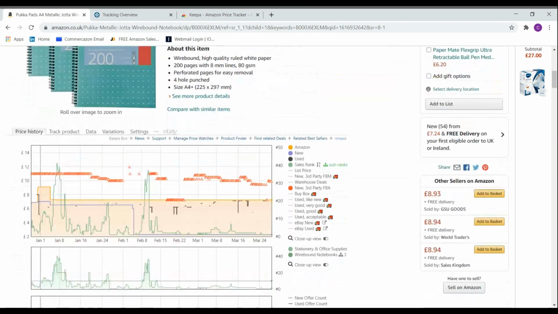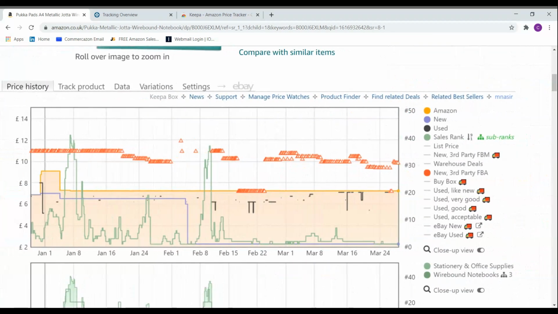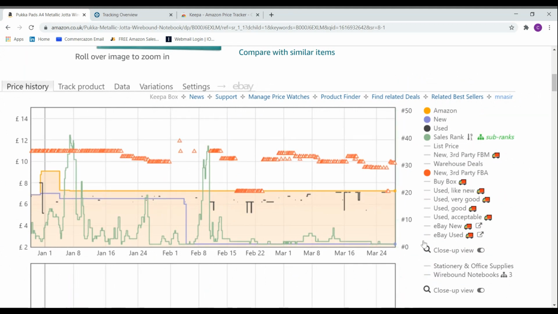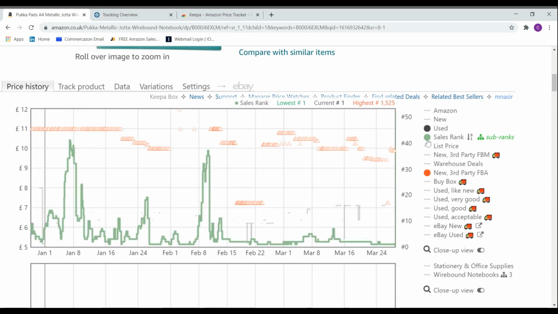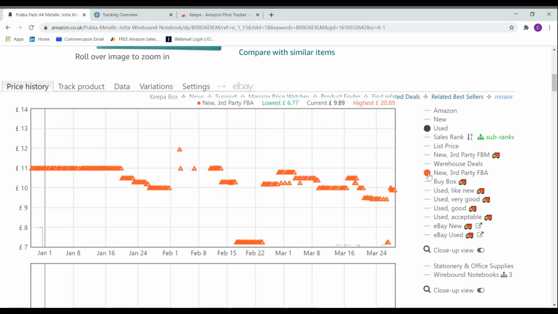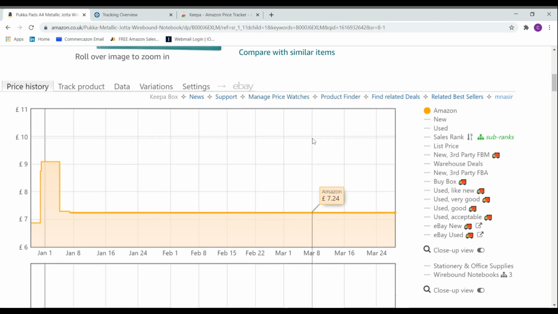Now we're going to scroll down ever so slightly and read the keeper charts. I'm going to close everything off so that you guys have a really good idea of Amazon's figures in regards to the keeper charts. Like I explained before, the first filter we're going to open up is Amazon. Wow, as you can see, since January 1st or end of December last year, Amazon has